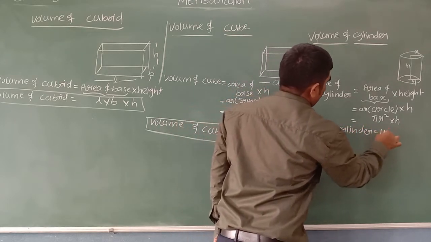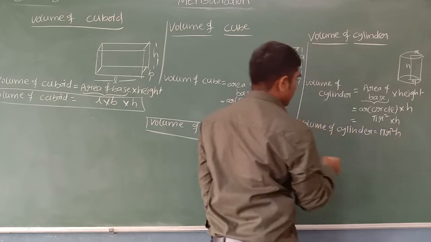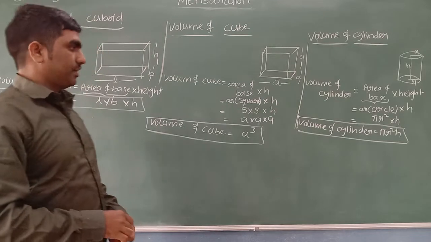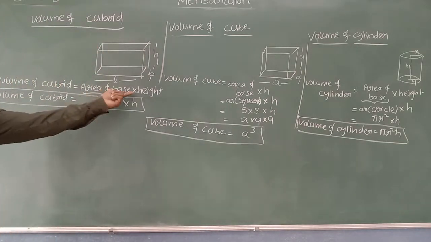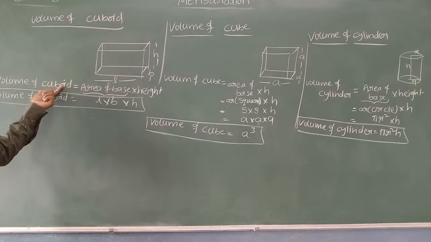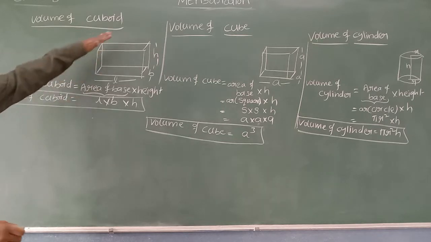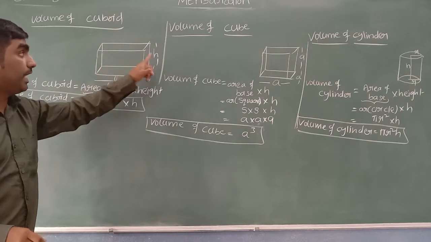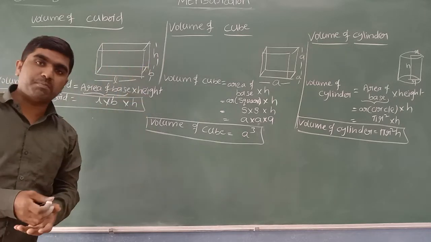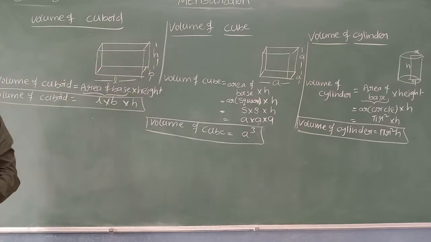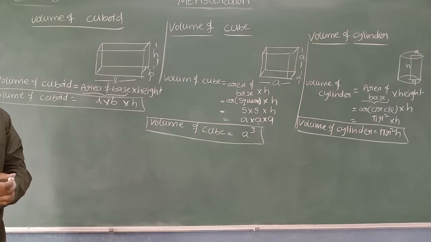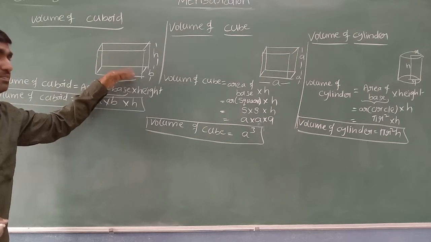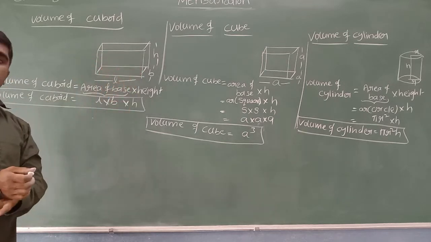Volume of a cylinder is equal to pi r square h, where r is the radius and h is the height of the cylinder. And this formula we can use to find the volume of an object whose top and bottom are congruent, and laterals are rectangles or parallelograms. Such objects are known as prisms. We already studied this in the previous class. A prism is nothing but top and bottom are congruent faces, and laterals are rectangles or parallelograms.